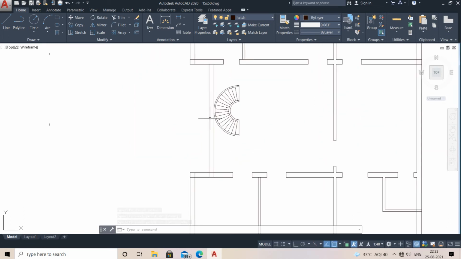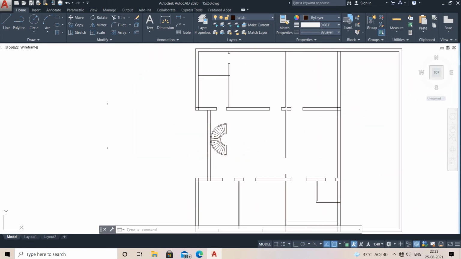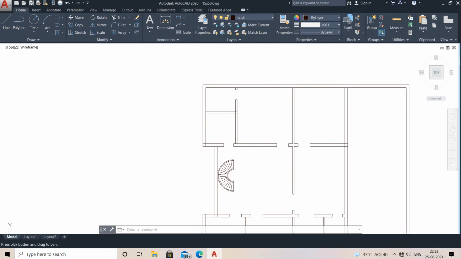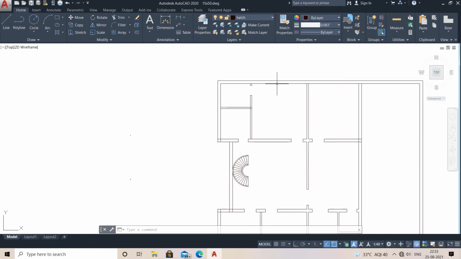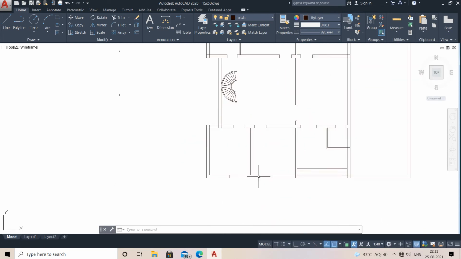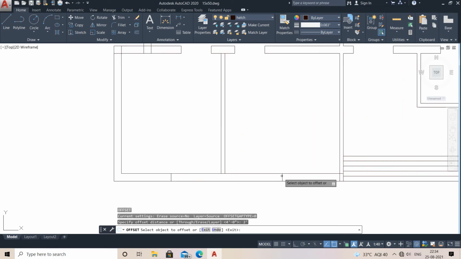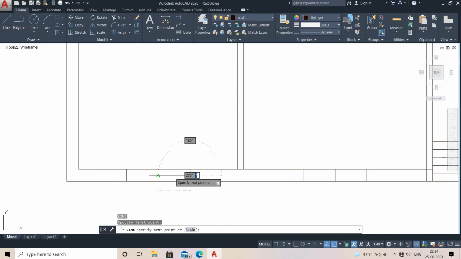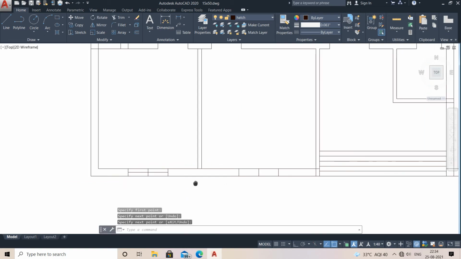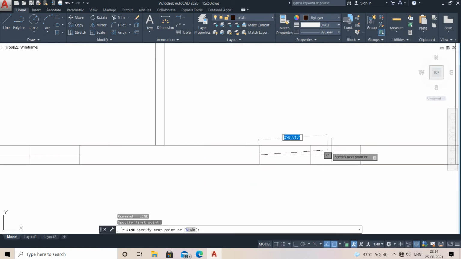So wherever you think there should be windows or ventilations, you may see this is open and this is open. So in that place you can keep your windows as well as your ventilation. So from this you need to do 4 feet of windows I am keeping over here. I am just giving the hints over here. I am not going to draw each and every window. So here just do it simply. No need to do anything.